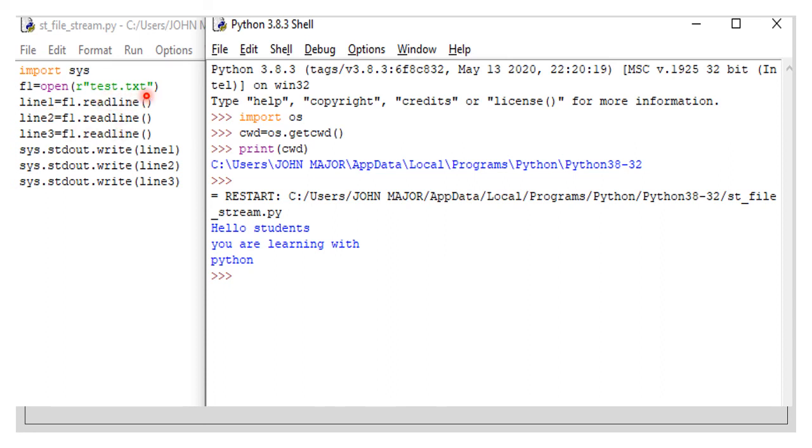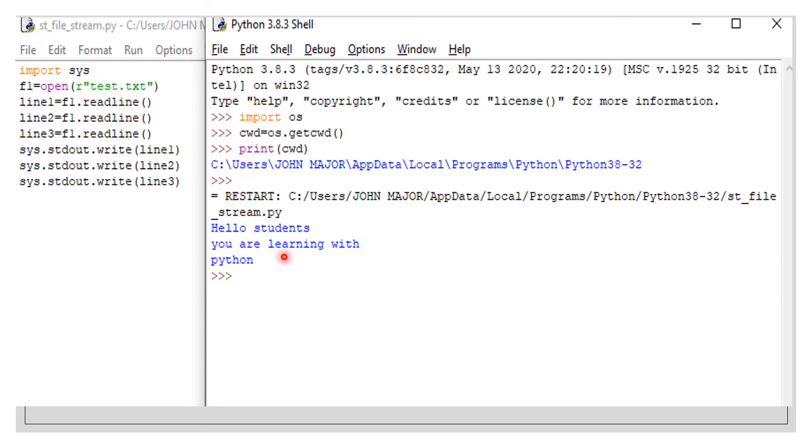This file is the very first file we used in the program because it's a relative file path in the Python program. Then we are writing line 1, line 2 and line 3. So when we run the program, we'll get the result of the data which is stored in test.txt.